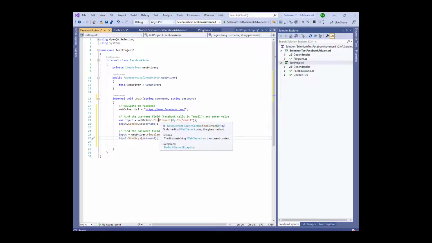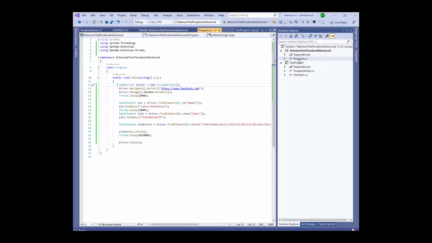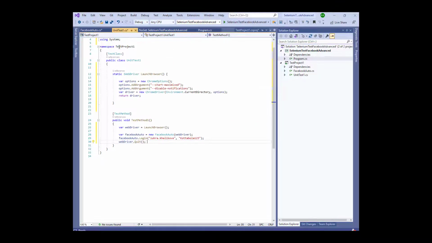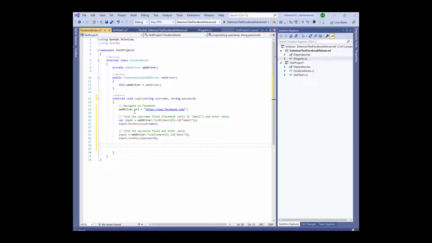Okay, I pretty much copy pasted the code from the console application. So it finds the element by email. This is the URL we're visiting, and then it finds the element by password by ID, and then it says send the keys. So now the next thing: if you guys remember here in Program.cs in our console application, it simply clicked on that button, and then that would trigger the login. But in this example, let's use something called